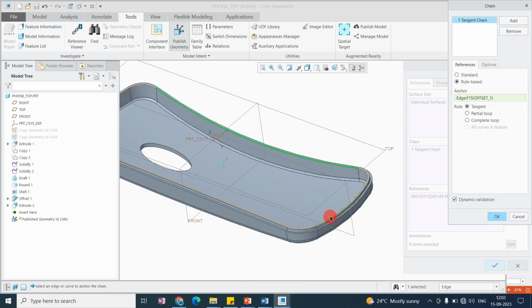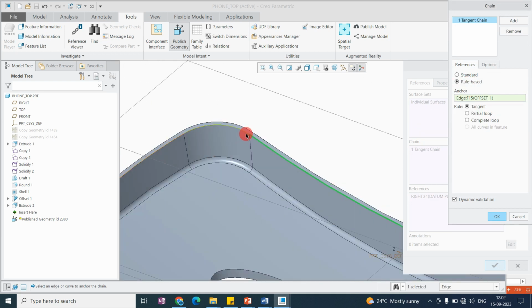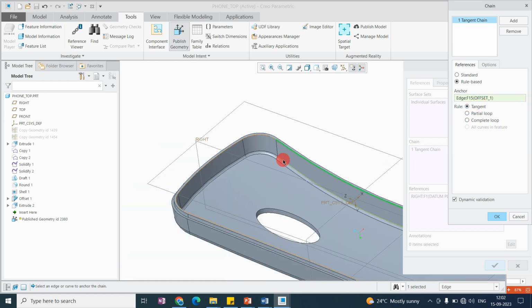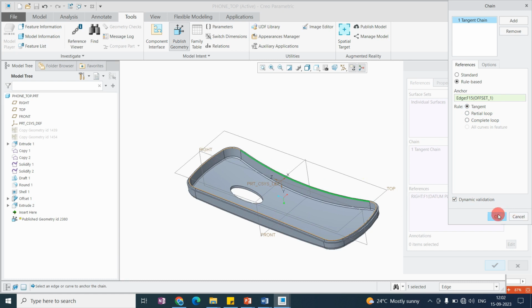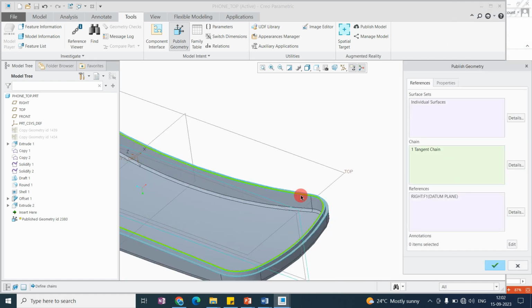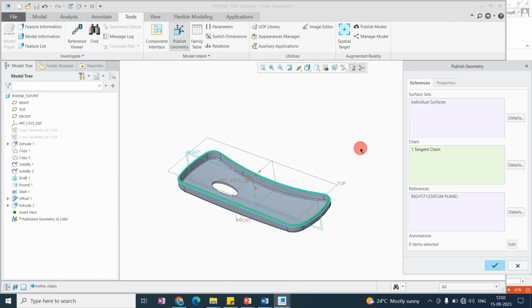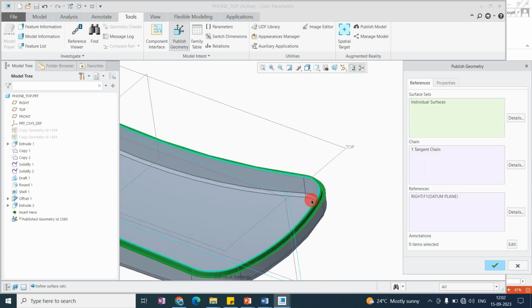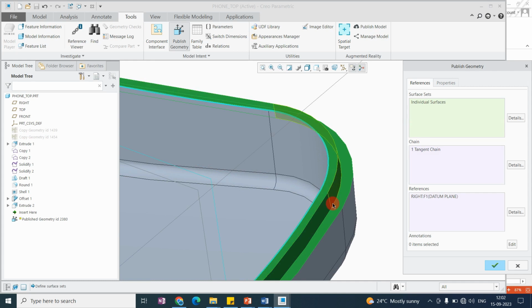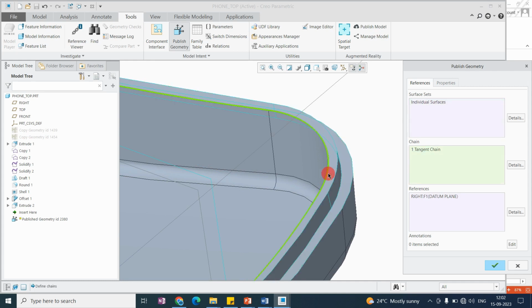So it will select all the curves, because all means these are the curves with the tangent. Okay, so the tangent curve is applied here. So in this way we can select. Okay, so now for this copy geometry we have selected this particular surface and the particular sketch